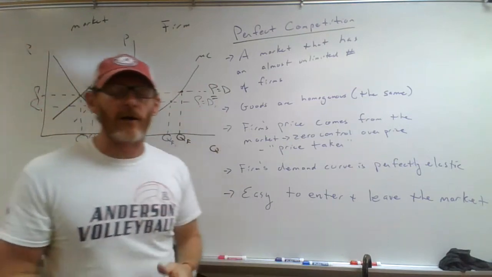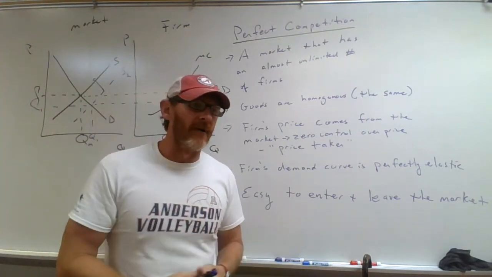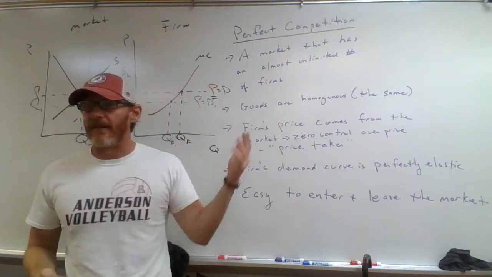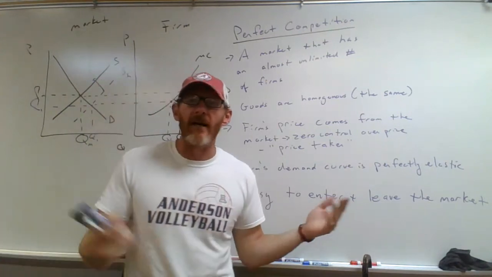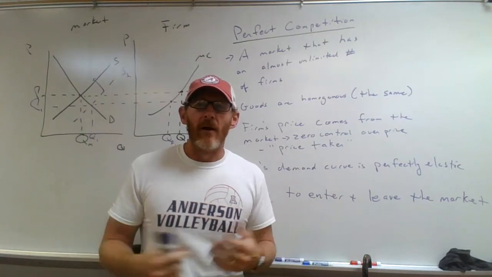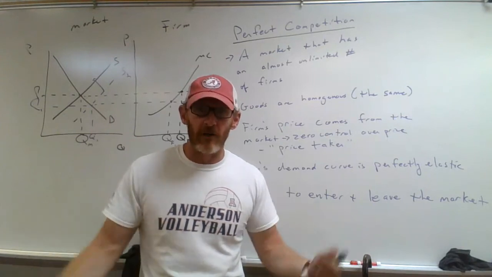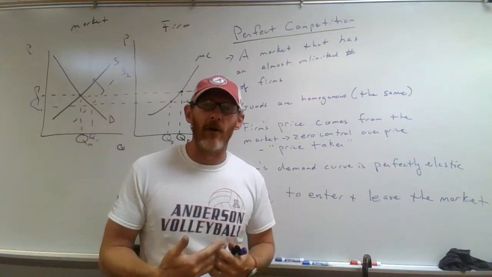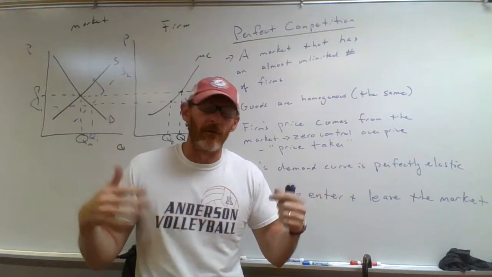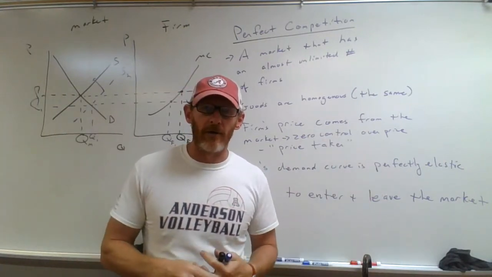And you can actually go online and look at today's price of corn, today's price of wheat, of barley, of beef, of pork, of chicken, any of them, right? All of those commodities change all the time based on the supply and demand of the market. And the people who are the individual firms get their price from that market. Okay, no outside influence. Now in real life, there is outside influence. But this is how these markets are supposed to work, okay?